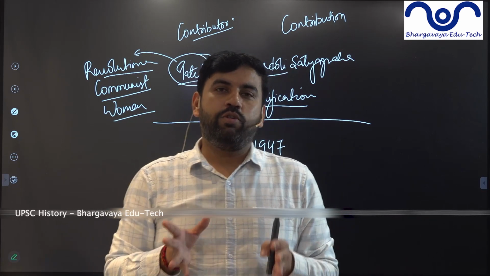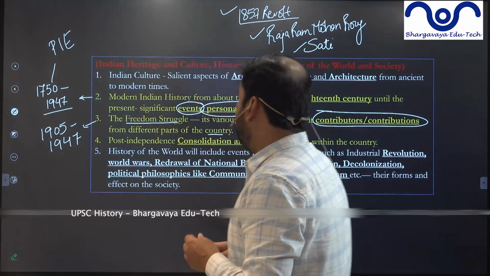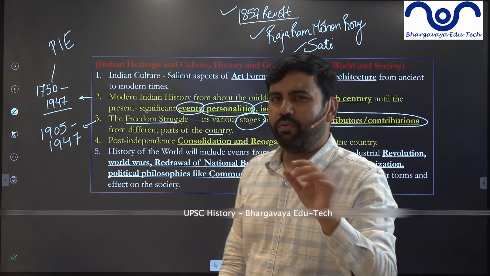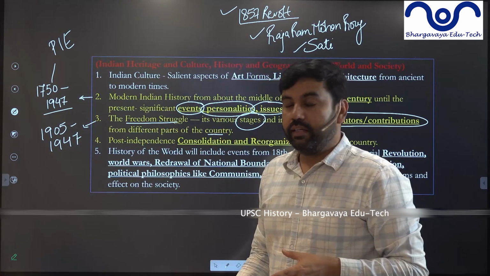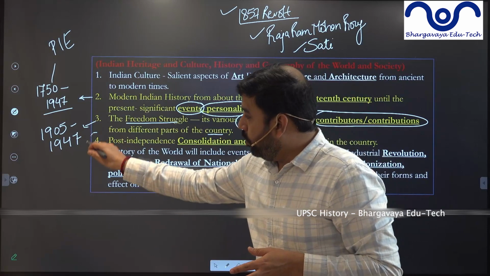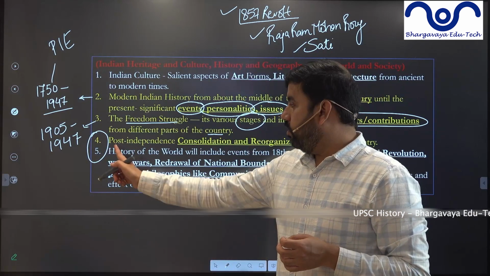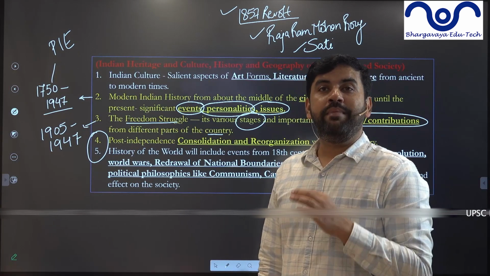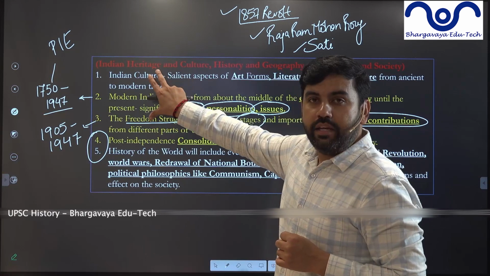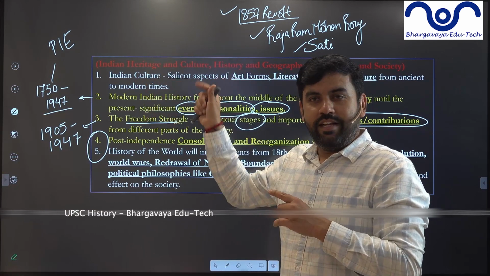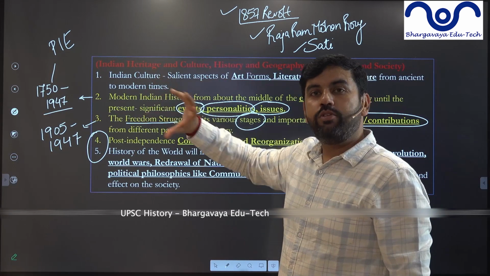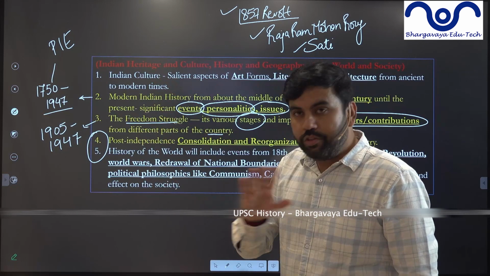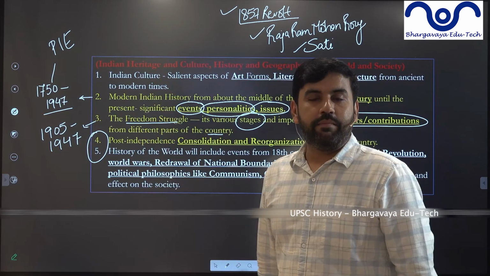So the point is, guys, the second part of the syllabus tells you that you have to go through various stages, contributor and contribution from different parts of the country that we are going to cover. Then comes the third part, which is post-independence. Now the 4th and 5th parts of the syllabus, as you can see on the screen, are only mains oriented. The first 3 are common for prelims as well. So if you prepare the first 3, you are also completing your prelims syllabus. But the 4th and 5th have nothing to do with prelims. They are purely for the mains examination.